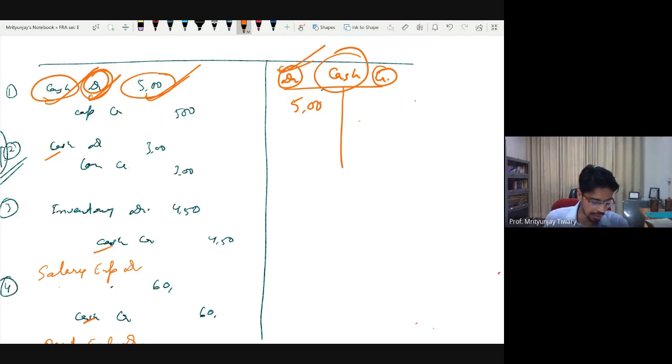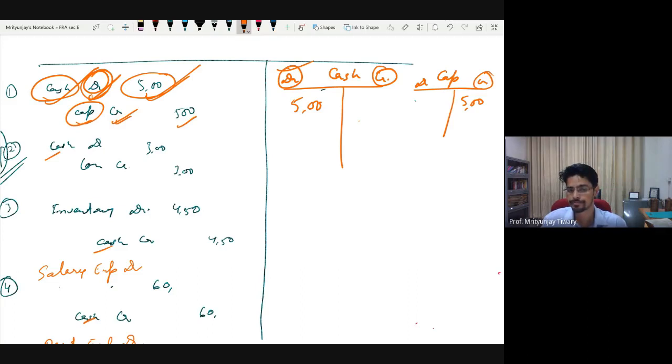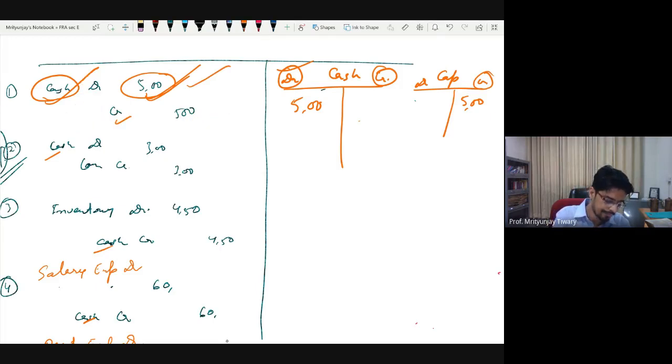Let's see a few more so you will understand what I am doing. Next one says go to capital T account, put in credit side 5 crore rupees. Right now I don't have any capital T account, so I'll prepare it now. Once again, this side will be debit, this side will be credit. So I put 5 crore rupees in the credit side. And that's all. I have transferred both entries of the first journal entry to their corresponding T accounts.